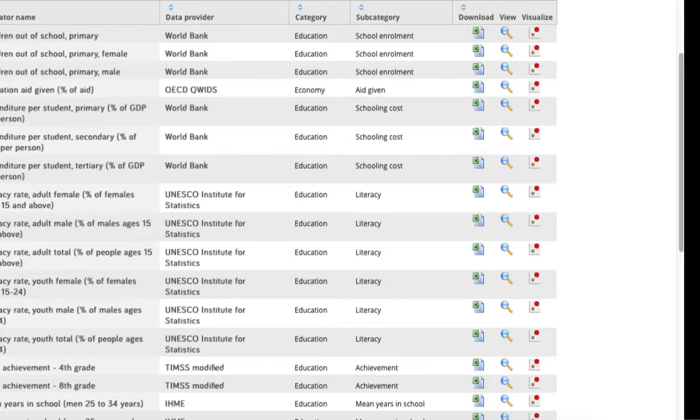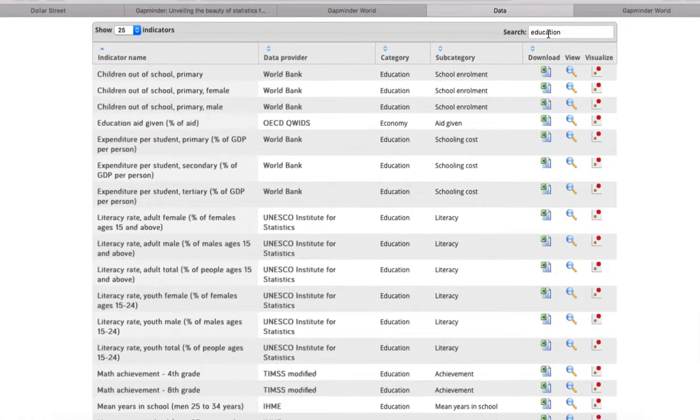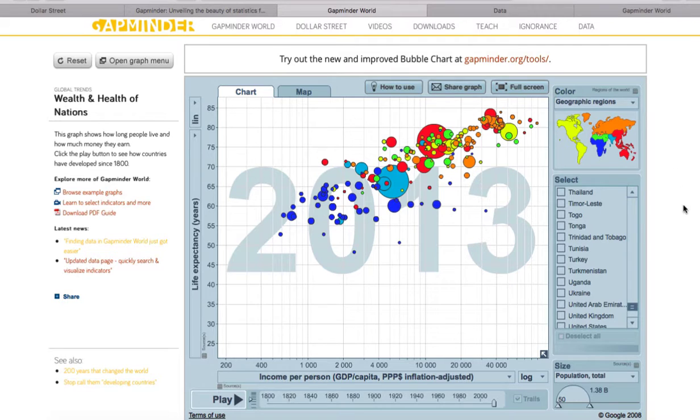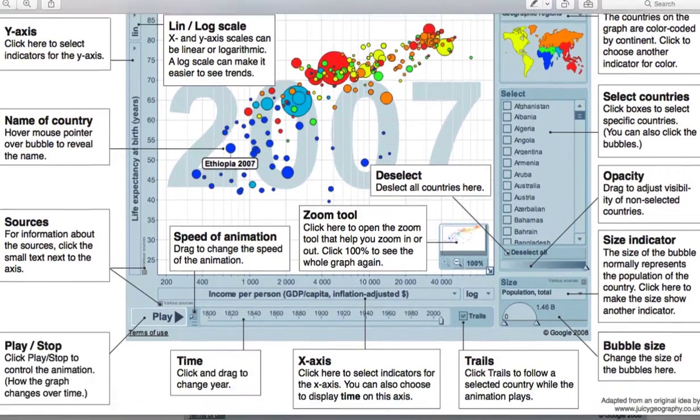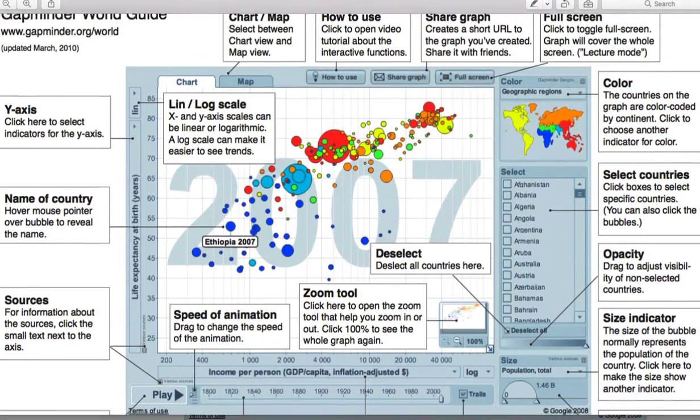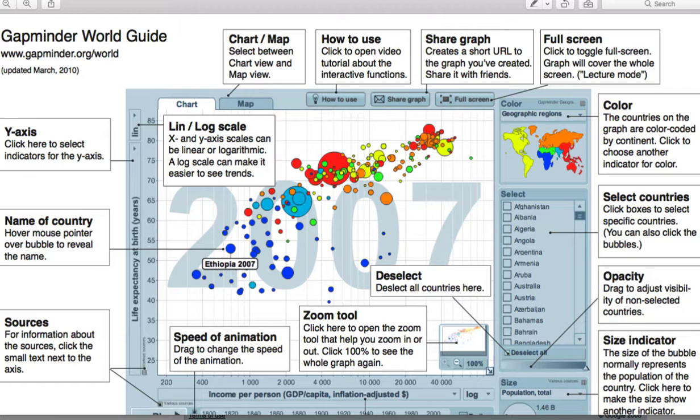Now you can search this data for everything that you want based on those issues that I have posted in the document. Now if you want, you can go to Gapminder World. And this is basically the same thing here. Now you can use this here to show you how to use it. Or I've also posted this guide that walks through what each of the things do. So you may want to use this as a way to sort of play with your data to see which ones you want to use and which data sets you want to gather.